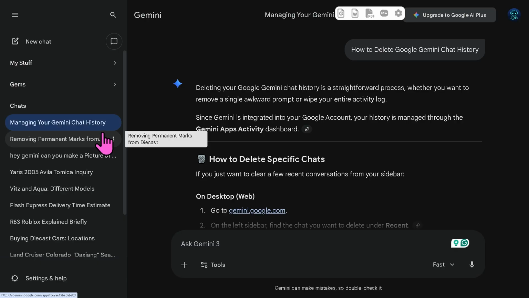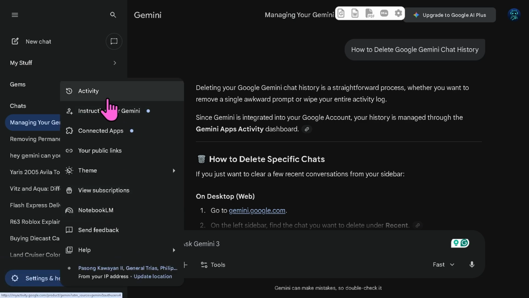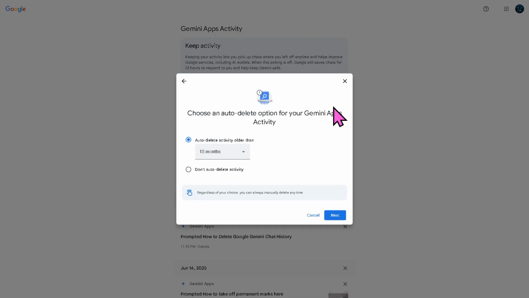It's super simple, right? Now, an advanced feature that you can do is hover to the bottom left corner where you can see the settings and help. Click that gear icon and click the activity. This will forward you to a new page. As you can see, you have the ability to delete activity older than 18 months. Okay, if you click on the arrow,